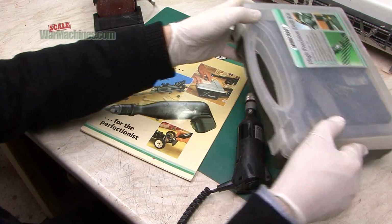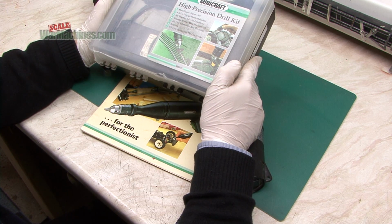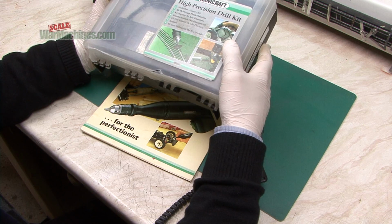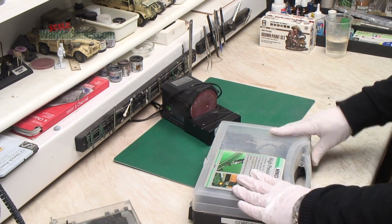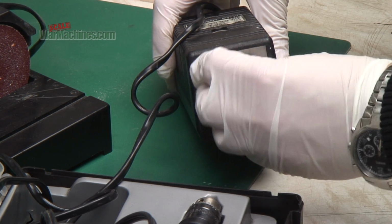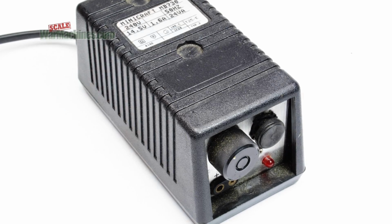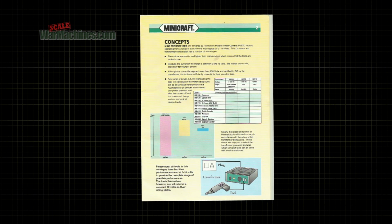The first set we ever got was this high precision drill kit, which we bought new many years ago. It contains a transformer and a high precision drill. We used this for many years and we're very happy with it. But what happened was we were seeking a bit more control over the speed of the drill. The problem with the transformer that's bundled in this set was always that we could never turn it down to virtually 0 revolutions. We always wanted to find a transformer that enabled us to knock the power right down for very